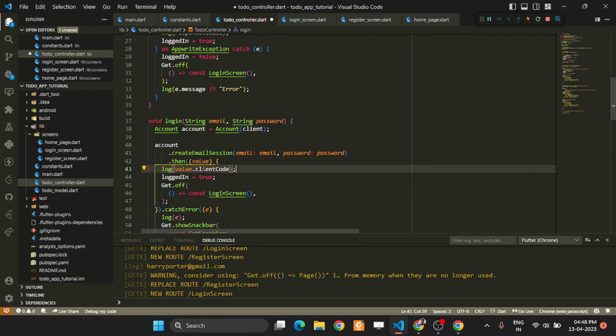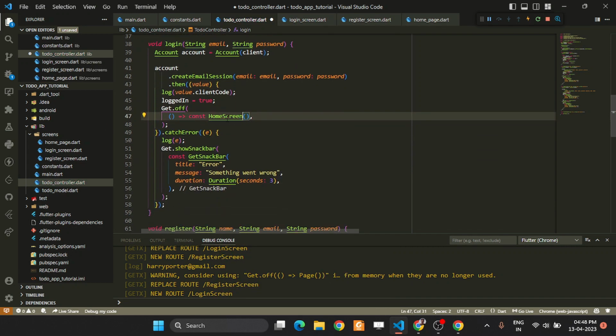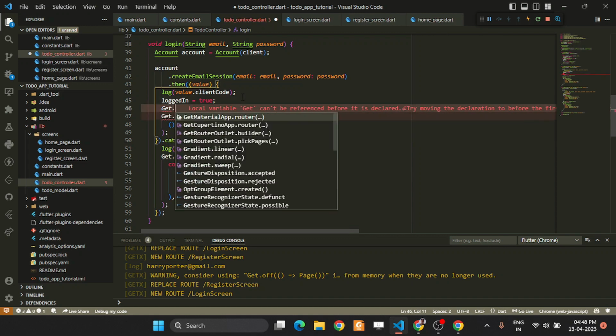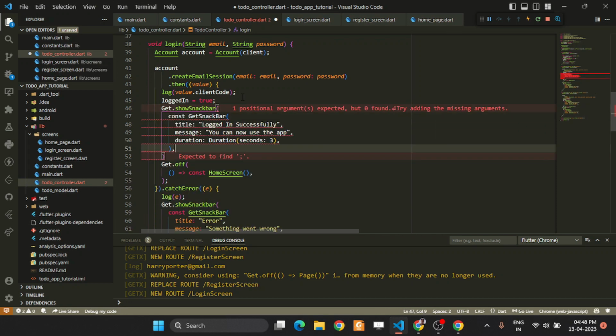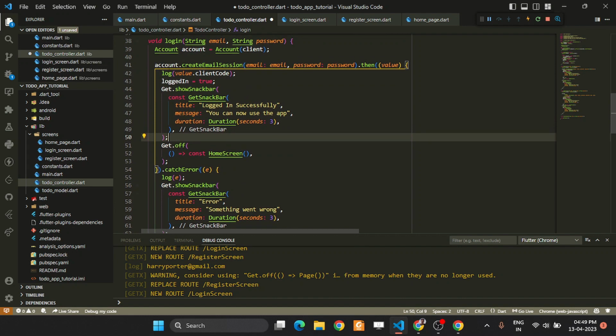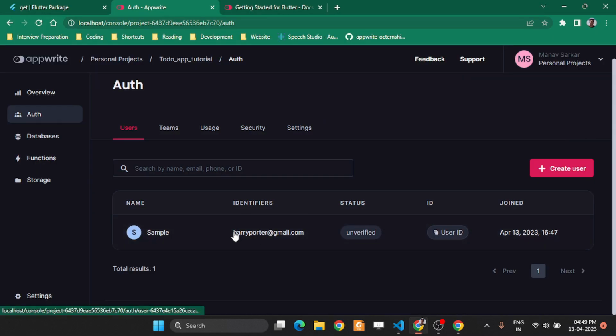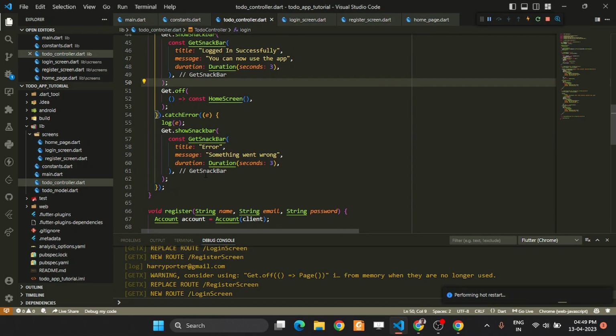client code, anything that works well. Get to home screen. Okay, and show a snack bar, get dot show snack bar. Then I can use the app, and yeah, these things are very simple. Yeah, so just going to copy that Harry Potter at gmail.com. We need to save this file, and then